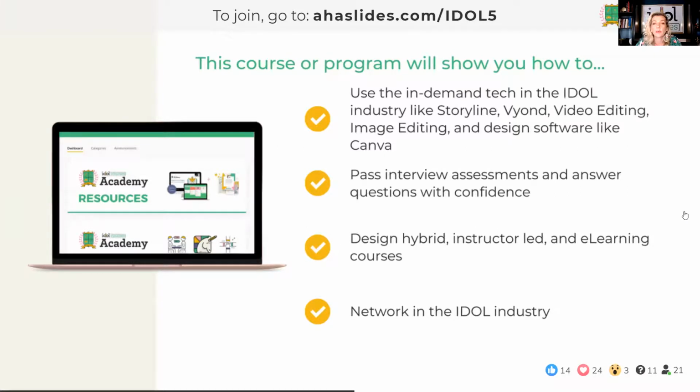Pass interview assessments. I don't know if you guys know this or not, but you will have to usually take a test as part of the instructional design interview process to demonstrate your skills even further. I know many say that your portfolio should be enough, and sometimes it is, but many times they want to see you actually do the work that they want you to do, and they will give you a test.